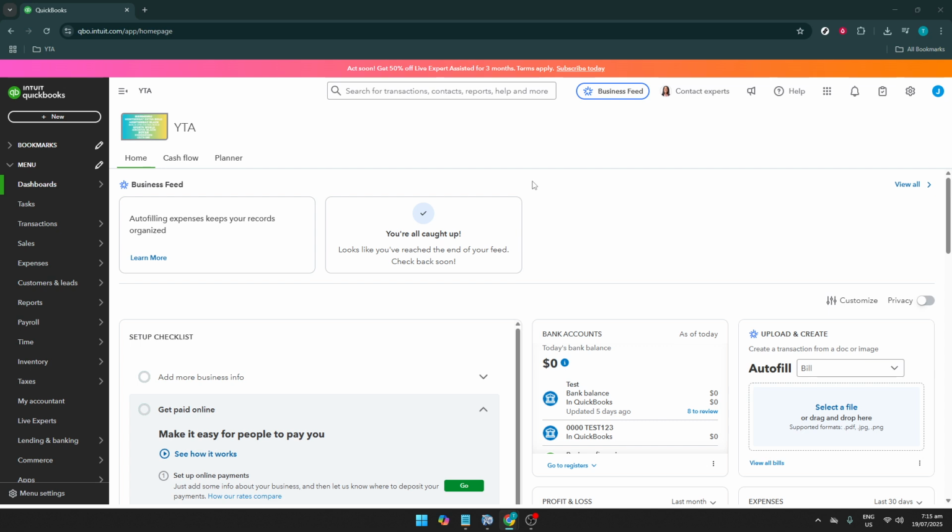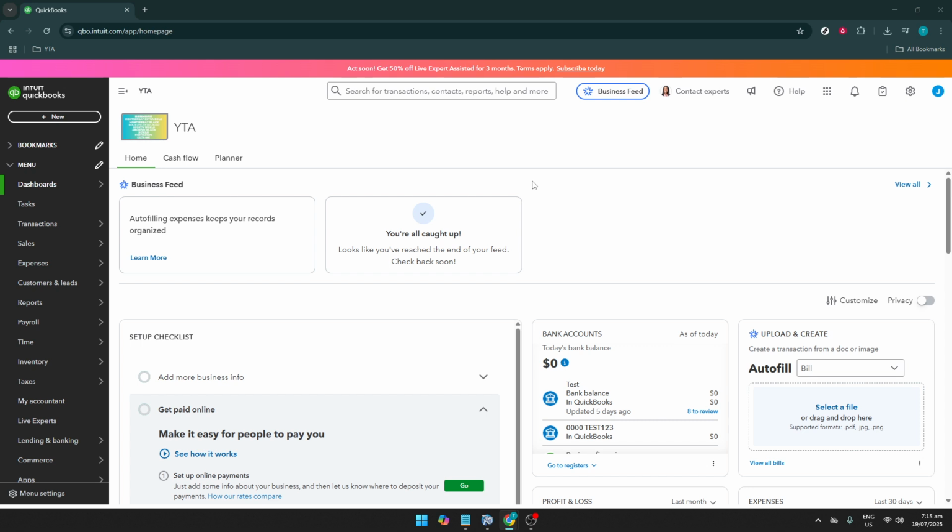First, we're going to start by opening up QuickBooks. If you're not familiar with the URL, you can simply visit kbo.intuit.com and that will take you straight to the homepage. QuickBooks is designed to be intuitive and user-friendly, so whether you're accessing it via a desktop or a mobile device, the process is straightforward. Once you're on this page, you might have to log in with your credentials if you haven't done so already. Always ensure that you use a secure connection and keep your login details confidential to protect